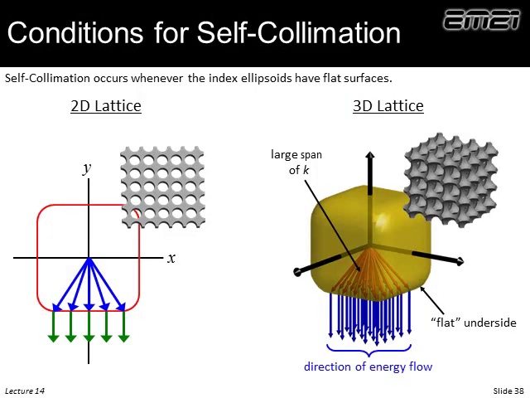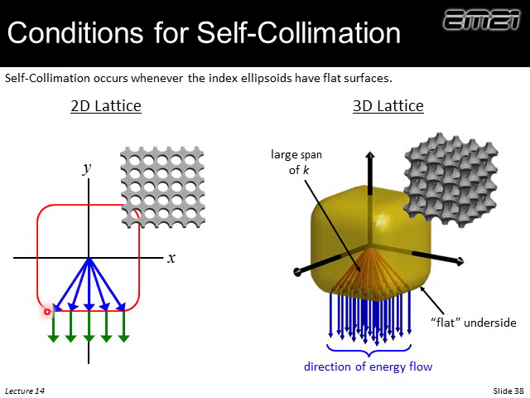Let's look first at the lattice on the left. We have a two-dimensional lattice, and so following the procedure we just outlined, we can calculate its isofrequency contour at a certain frequency. What we're looking for are flat surfaces in the isofrequency surface. So think about this. No matter what direction a wave is trying to go, phase is trying to go all these different directions. We can think of this as a beam diverging. Imagine turning on a flashlight, that beam's diverging, it's trying to go in all these different directions. However,